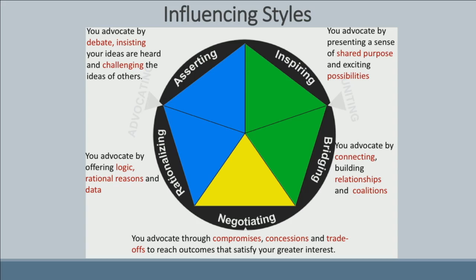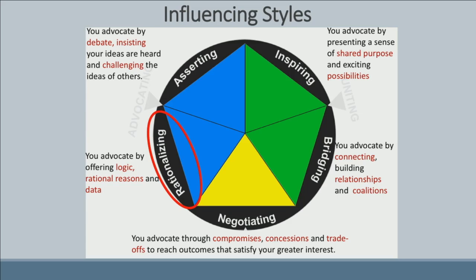And so one of the ways that I can influence somebody is to rationalize. There's the rationalizing style. Now, the rationalizing style assumes that power, and this is very important, the concept of power actually resides in a very different place for each one of these influencing tools. And so if I am engaged in the rationalizing style, my belief is that power resides in the data, in the logic of the information in front of me.